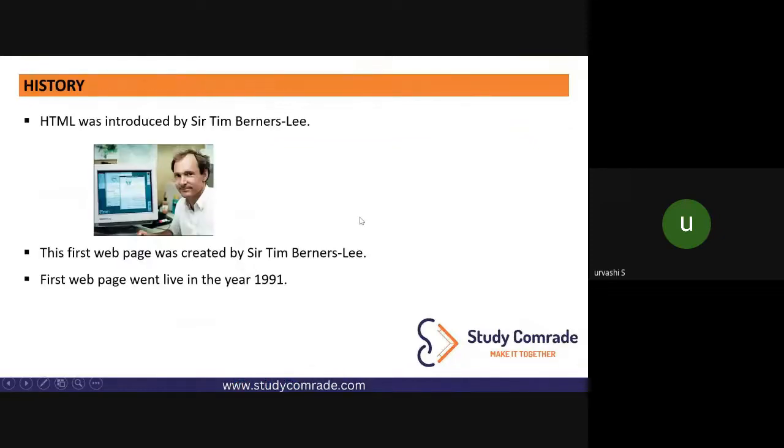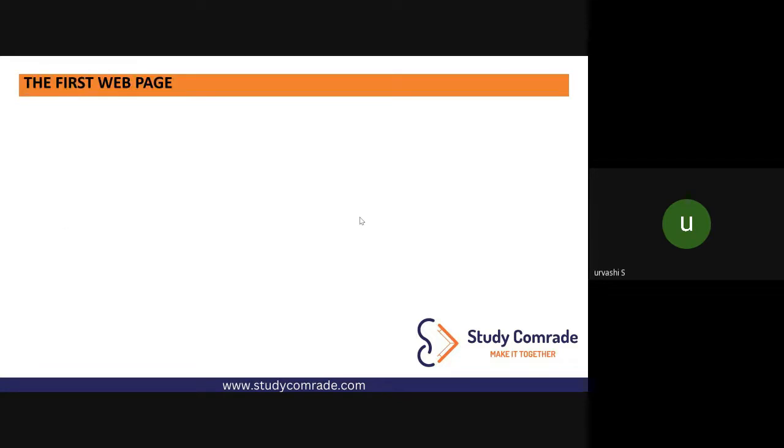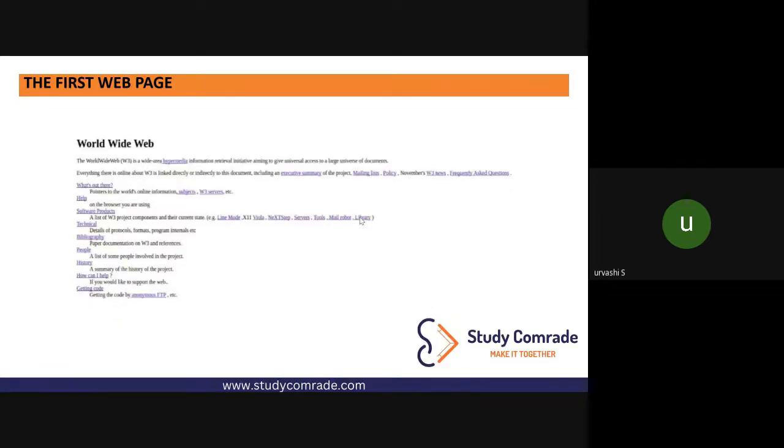Let me quickly conclude these three slides. Firstly, we have HTML. Front-end development started back in 1991, and HTML was the first technology introduced. This is how the first web page used to look. Nowadays, if you see Facebook, Instagram, or Amazon, that is how websites look.